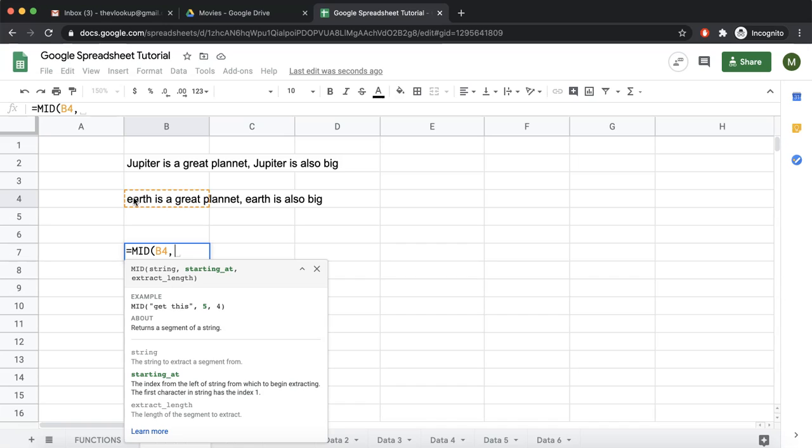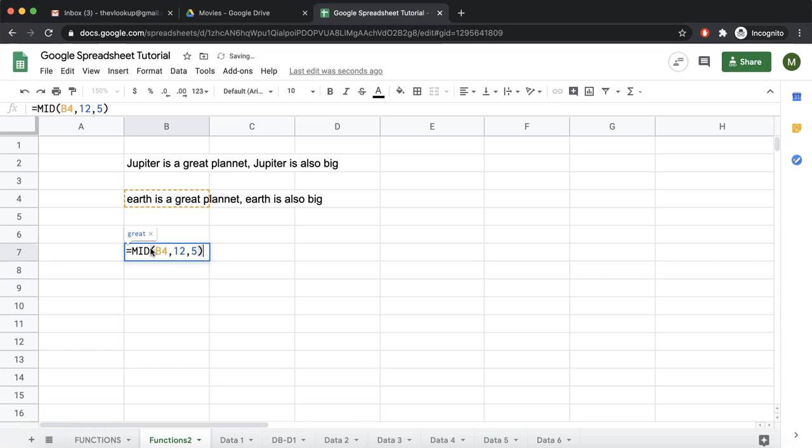Starting at is we want to start from great. So EARTH5 space is 6, 7, 8, 9, 10, 11, 12. And we want to extract 5 of them, 5 characters. So it took B4 as a string. Starting point is 12, which is G, and 5 characters means GREAT. So we got great as an output.